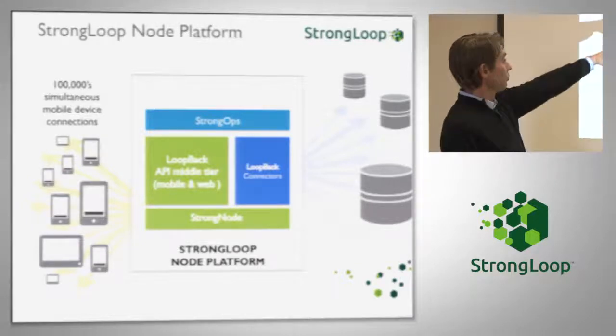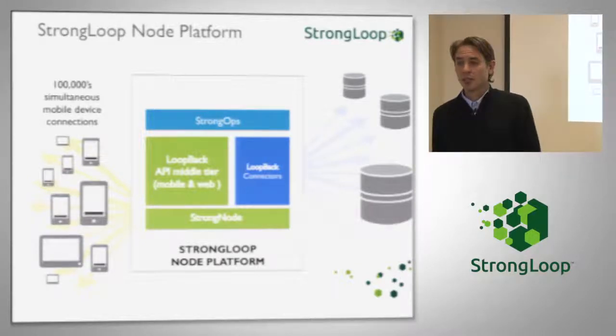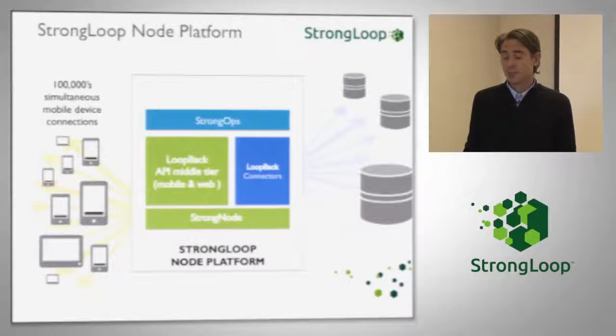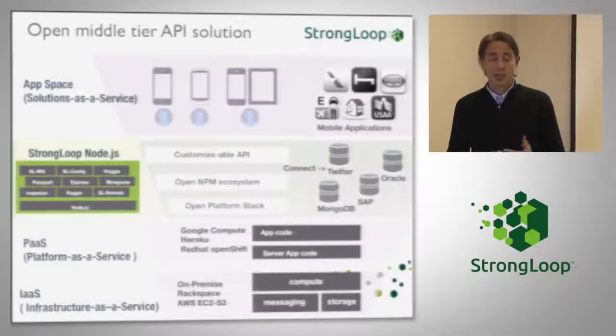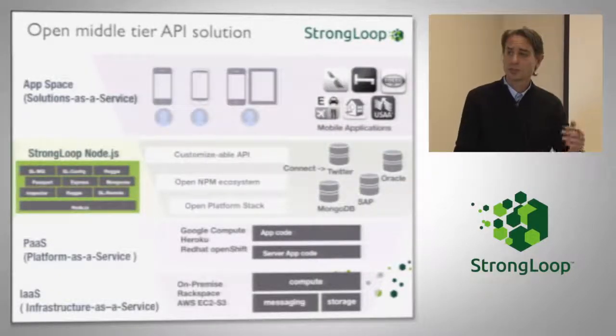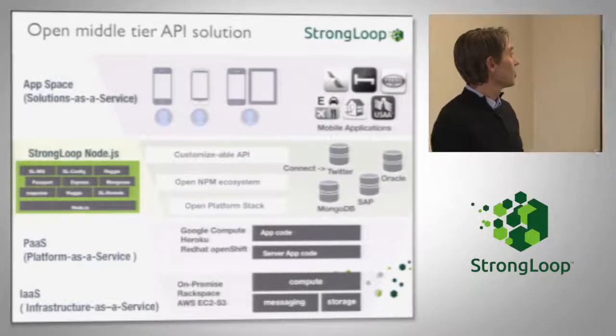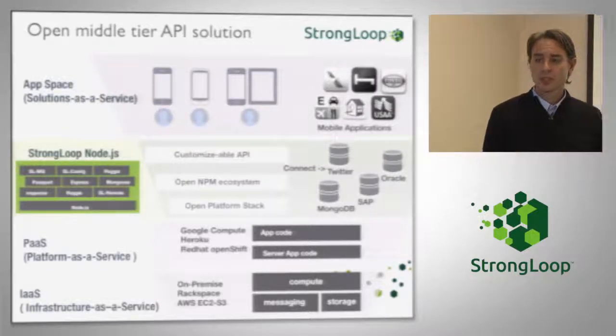So you can kind of see, of course, how these three products fit together. Once again, we'll be focusing on the LoopBack API middle tier, which allows you to stand up your own API backend, connect it to a MongoDB or Oracle or SQLite data store, and effectively run your own mobile backend as a system or as a service, although it's on software. So you can run it, of course, on your machine or in the cloud or on your mother's Linux machine if you need. So before we get into the actual code, I'm just going to give a brief overview of